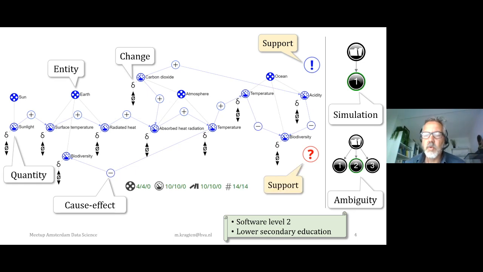Another type of support that we've built in is a norm-based support. That means that at the back of the representation that the students are creating, we have a norm representation that is created by us or by the teacher. That's the right answer, and the support checks the model the students are building against the norm representation and gives feedback on it, which I will also demonstrate. And we've created a progress bar so they can see how much of the diagram they have to make they have already finished.